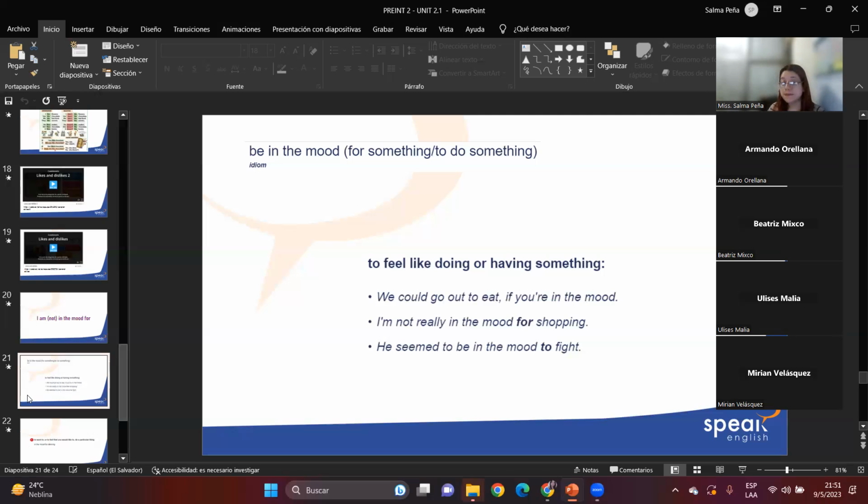Or he seemed to be in the mood to fight. Probably because he's upset. He's angry about something and we watch him really mad. So we say, he seemed to be in the mood to fight. Like in Spanish, when we create the phrase, se ve que quiere pelear. That could be the same phrase. He seemed to be in the mood to fight because he's angry, he's mad at someone, and